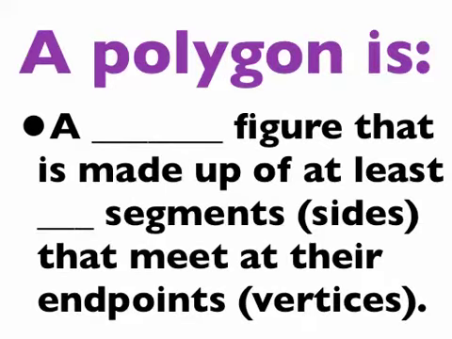A polygon is a plane figure. Remember, plane is going to be that flat surface. So it's going to be a flat figure that is made up of at least 3 segments or sides. Remember, when we're talking about a segment, that is part of a line. So when we say 3 segments, that means that they have to be straight, that meet at their endpoints to